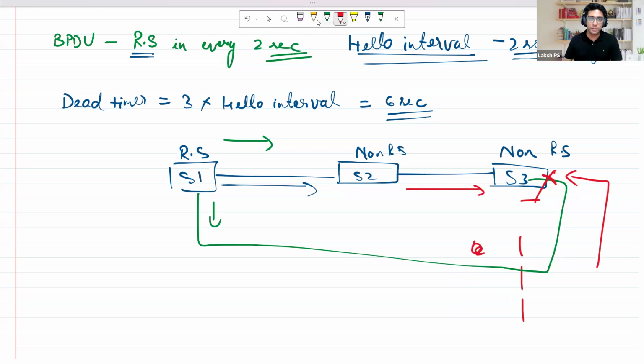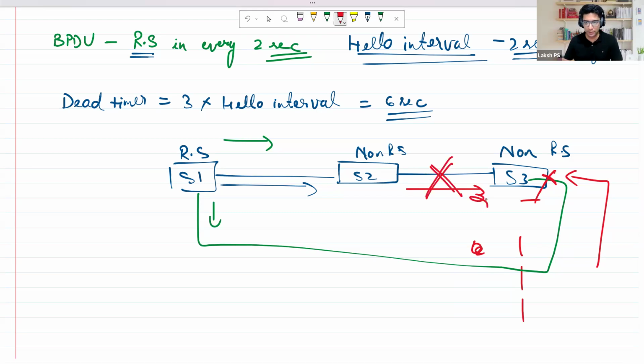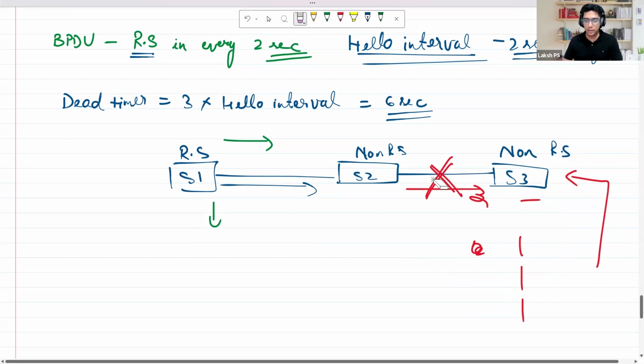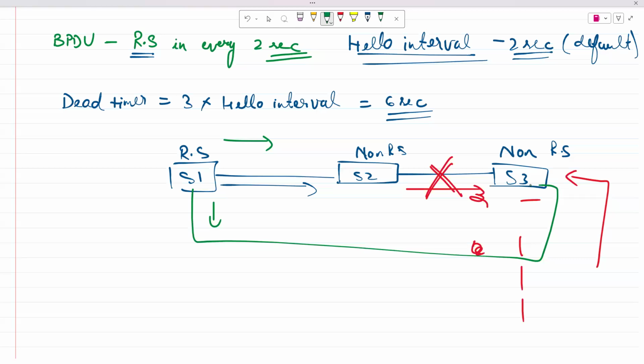And when does it stop ignoring it? When after 6 seconds there is no reception of BPDUs from the other side, that is when it starts to listen to the BPDU that is received from the other side. Okay, got it. So that is the work of a dead timer. All right, now